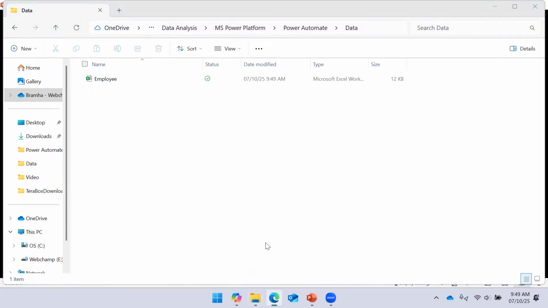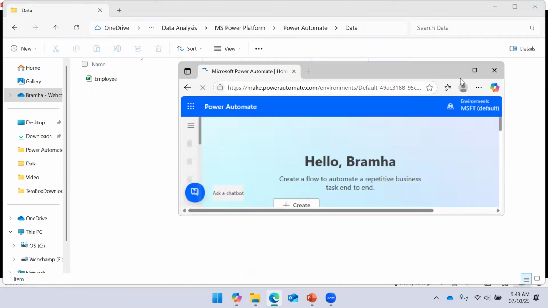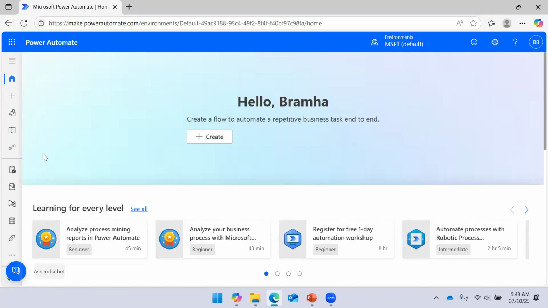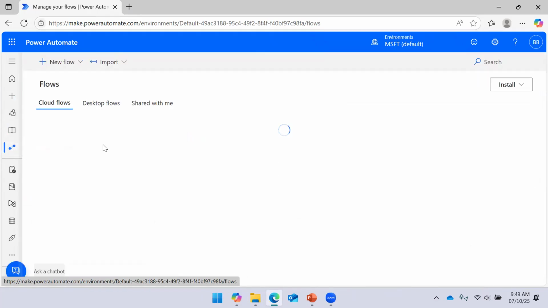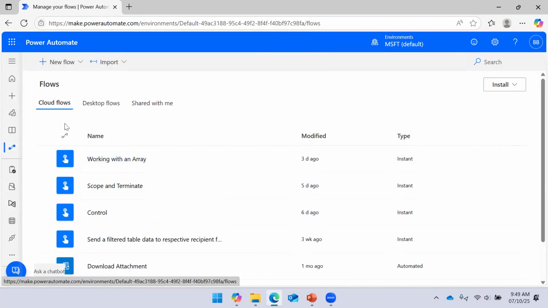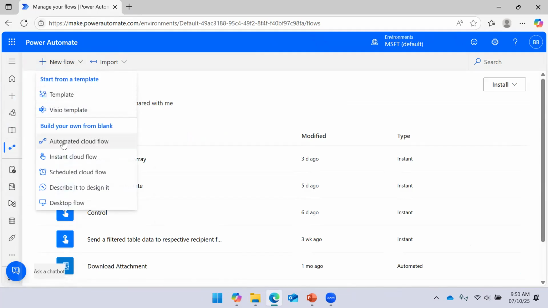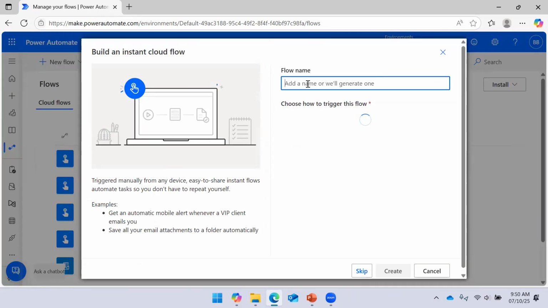So what I will do is I will go to make.powerautomate.com. I will just open this because we are going to create a flow here. So let me see how many flows are there for me. Okay, so we will create a new flow, an instant cloud flow,